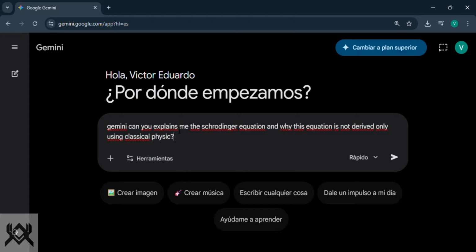Okay, the Schrödinger equation is a beautiful equation.